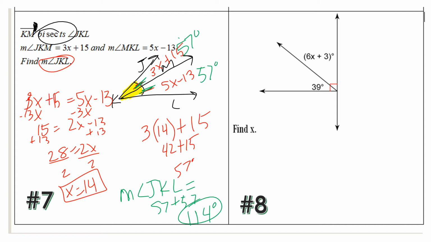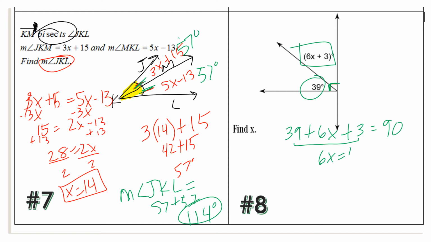Okay, moving on to number 8. So, looking at this picture, we know that this signifies 90 degrees. So if we know one piece of our angle and we have x's for the other, but we know the whole entire angle equals 90, we can just do some simple addition here and then solve for x. So I'm going to combine the 39 and the 3. I get 6x plus